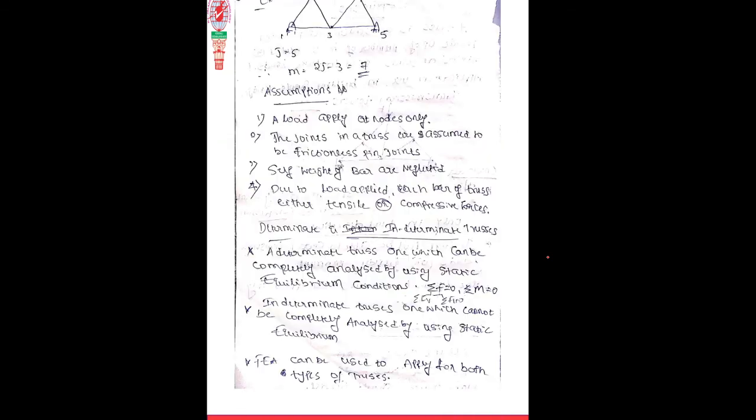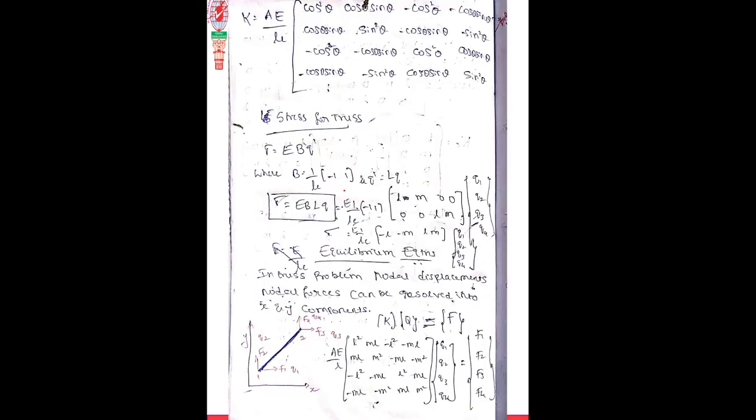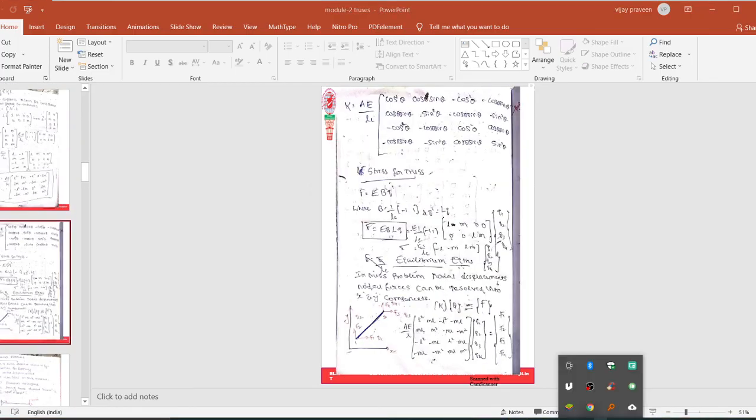Today we discussed what stress is, what its properties are, what the types of stress are, what assumptions are made in it, what determinate and indeterminate stresses are, and we discussed the derivation of the transformation matrix and direction cosines. Up to here we have done today. Next class we are going to take a very important derivation, the stiffness matrix for the stress element. Very easy and very important. Okay, clear? Any doubts?